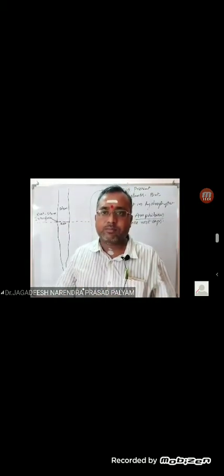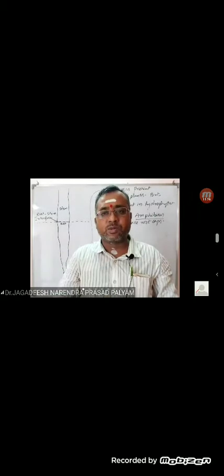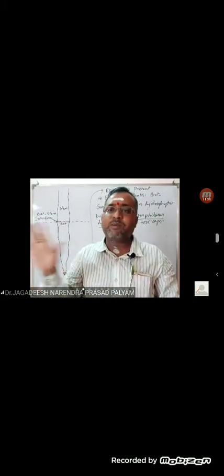Amphibious hydrophyte means a part of the stem is submerged in the water. Say this is the stem. This part is submerged in the water. This part is aerial. Aerial means exposed to air. A part of the stem is submerged and a part is exposed to air. Such kinds of plants are called amphibious. Understood? Lotus is not an amphibious plant.